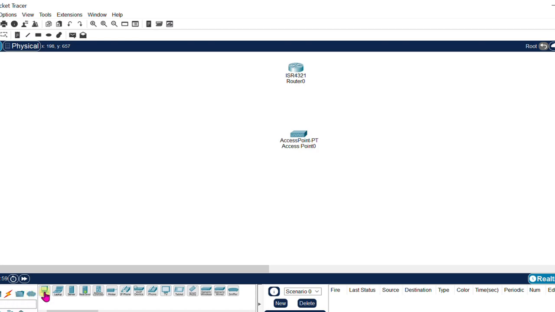Front-end devices like PC, laptop, and then maybe we can add one server. This is the best way. So